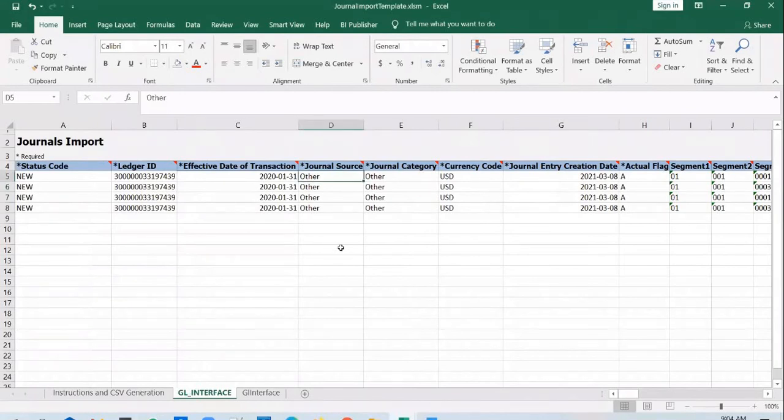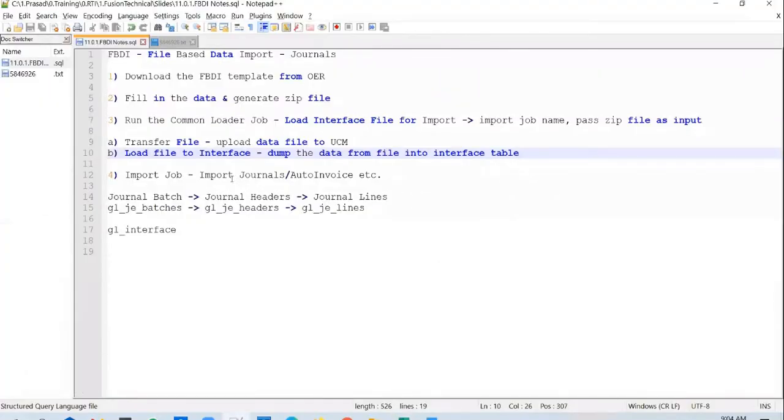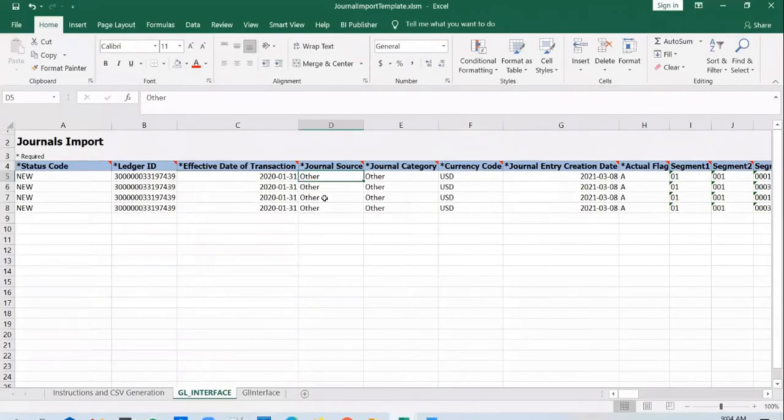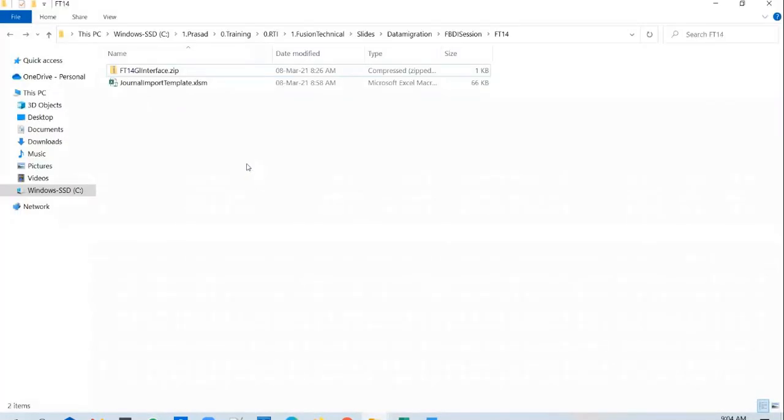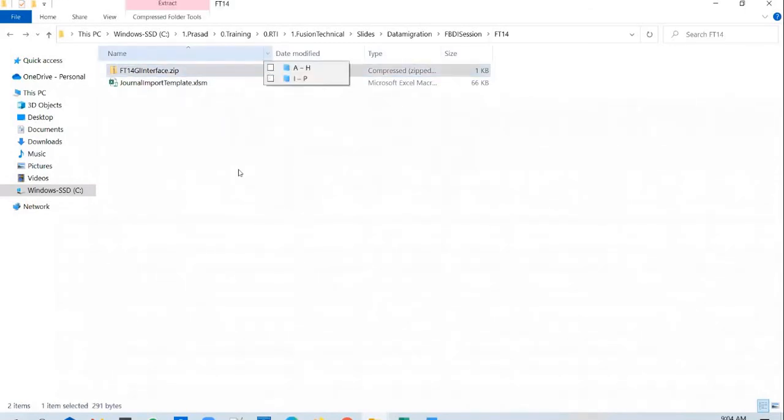Prasad, I have another point, but I'm not sure whether I'm correct or not. In the integration, when we tested in the OAC, you are saying we should not change that CSV file name, I guess, right? But I think I loaded with a different CSV file name also, by adding the timestamp, and it got loaded. Only for HDL the name should not be changed, I guess, but I'm not 100% sure. I just recollected it, but maybe you can validate.